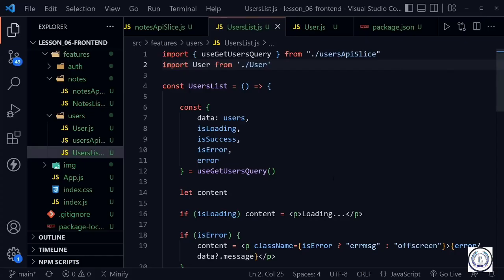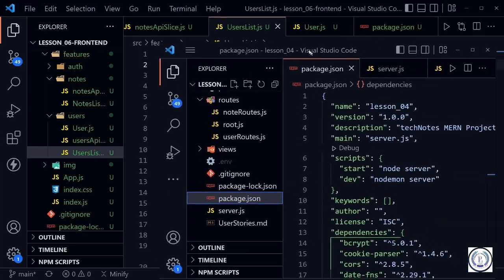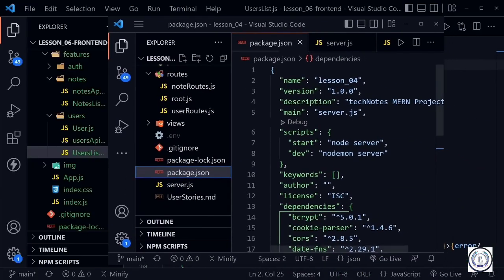But we can't just start up the front end without the back end. And the last version we have of our back-end code is the code repository from lesson 4. So open up another instance of Visual Studio Code, and in that instance, you want lesson 4. I'll drag mine over right now, as you can see it now on the screen, and I've got lesson 4